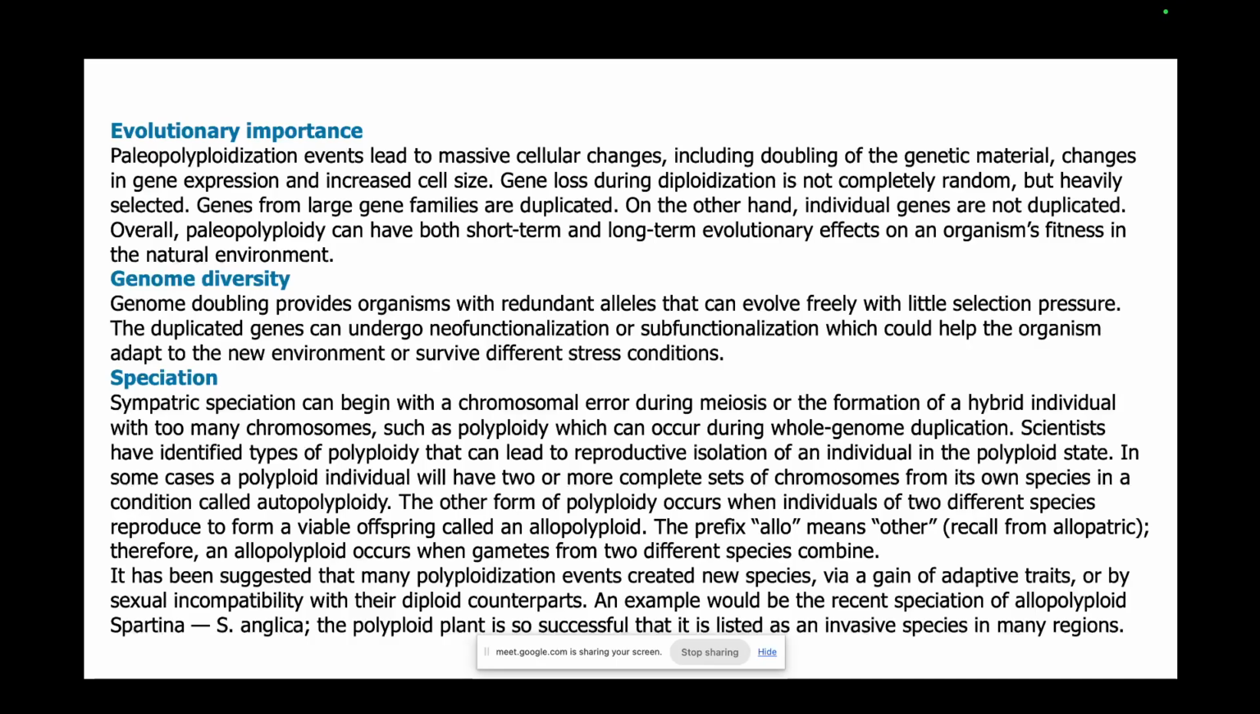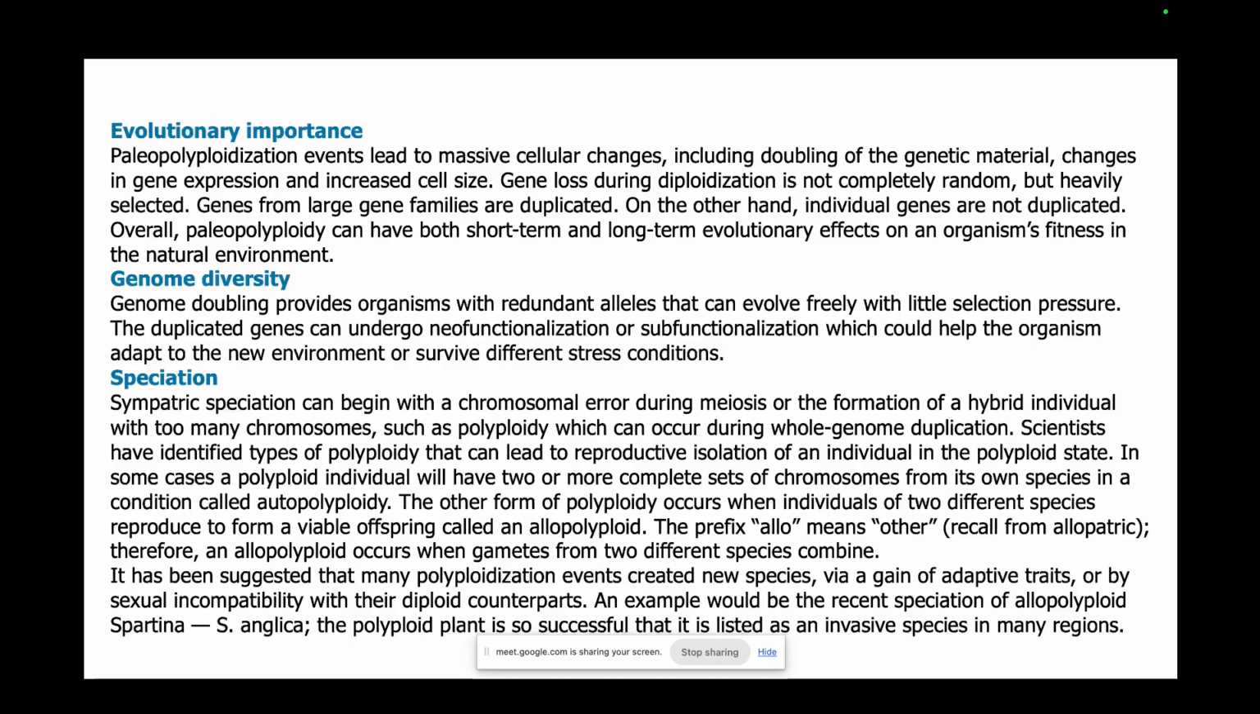So it occurs where gametes from two different species combine. So you'll have different sets of DNA content, and you combine them to form a new organism. It has been suggested that polyploidization even creates new species via gain of adaptive traits or by sexual incompatibility with